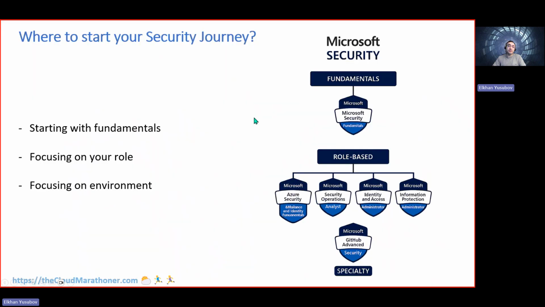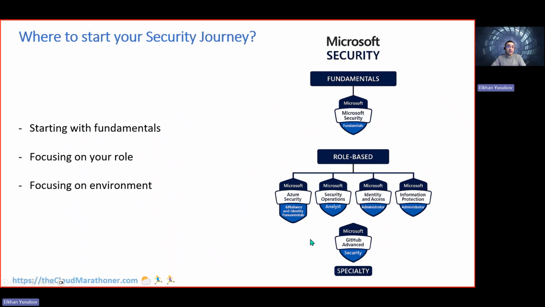All right, so as we mentioned, we are back to this diagram, and here on top we have fundamentals where we can start. Then there's a role-based approach where you choose the certification that best aligns with your interests and roles. And finally, you can check the specialty security certification. In this case, we have one called GitHub Advanced Security. For all the architects in the cybersecurity field who want to guide customers with the latest information, there is the Cybersecurity Architect as well as part of these role-based certifications. I would highly recommend you go and check that.